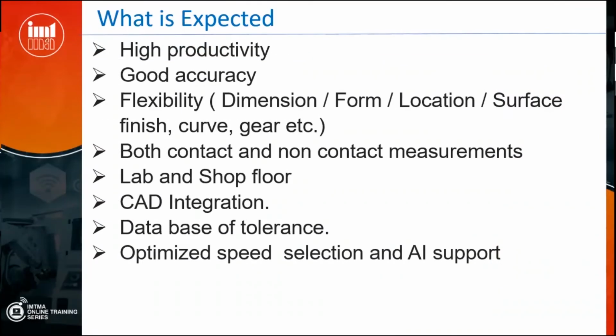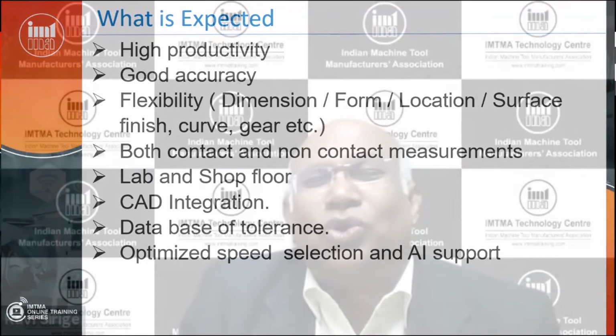The machine should be able to give me optimized speed. When I say speed, say I want to measure diameter, form, location. Do I use the same speed? Is there something which the software will give me as guidance? I would like to see the software of CMMs giving me a clear instruction on how I should go about doing a measurement.